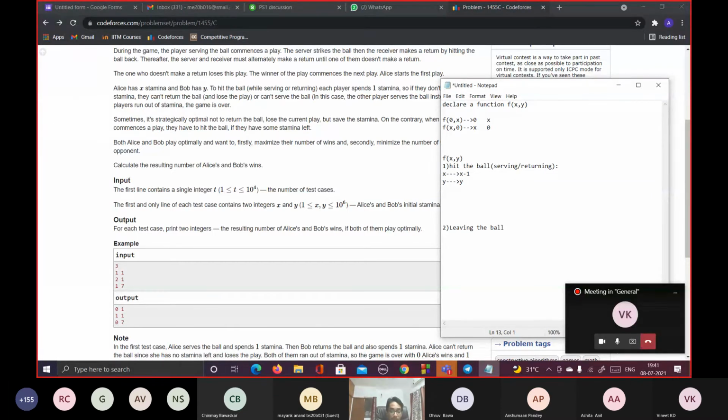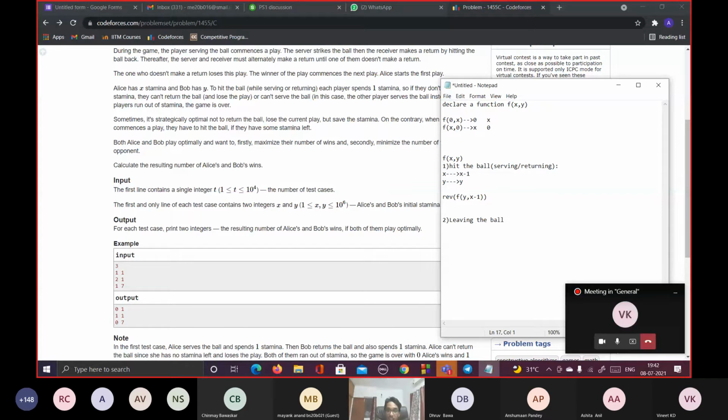So what happens here basically is, firstly, the outcome of this function is the ball goes to the other person. So the other person will have to make a choice. So you can represent it by f of x minus 1. And since the scores are getting reversed, since player 1 and player 2 are getting reversed, I'll just reverse whatever is coming. So basically this means x minus 1 comma y, but I'll be explaining that. So we'll just keep it like this as such. And what you need to note is x turns to x minus 1 and y remains the same.